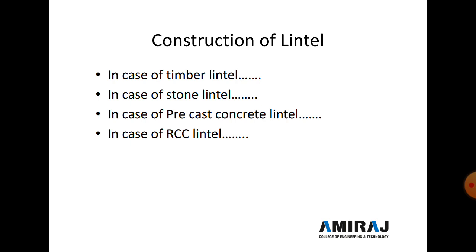Now in case of the RCC lintel, the formwork as per the required size, shape and length according to design is installed or erected over the opening area, and then the formwork is reinforced with steel as per the design, with proper cover all around, and cast in situ work is done. Cement concrete is poured in the formwork, and then we remove the formwork, and curing is required in the RCC lintel. Now the next topic we start is a new topic, the arc.